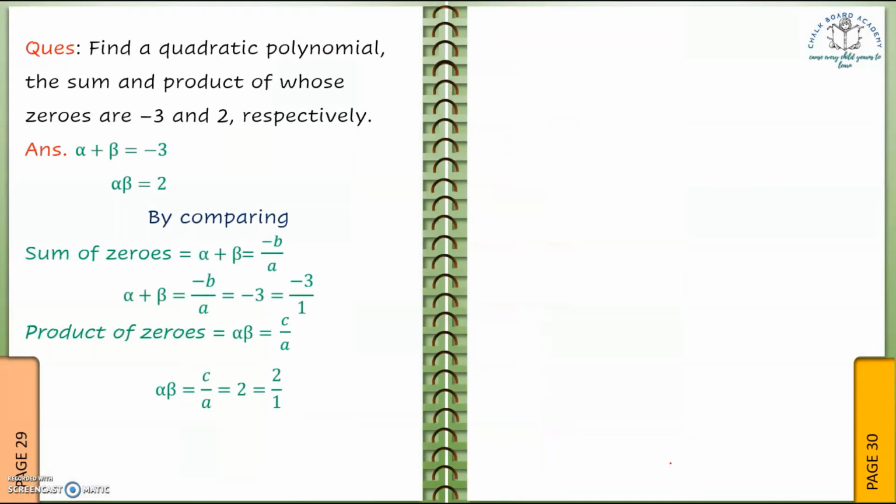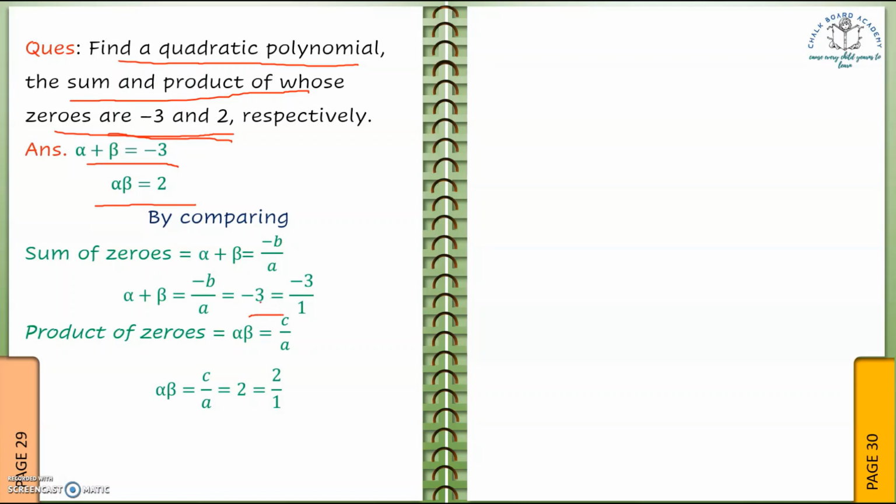Moving forward, we have another question. Here we got the zeros of the polynomial. Let's see. Find the quadratic polynomial. We have to find out the polynomial, the sum and product of whose zeros are given as minus 3 and 2. So we are given alpha plus beta is equal to minus 3 and alpha into beta is equal to 2. We know alpha plus beta is equal to minus b by a, and here it is given as